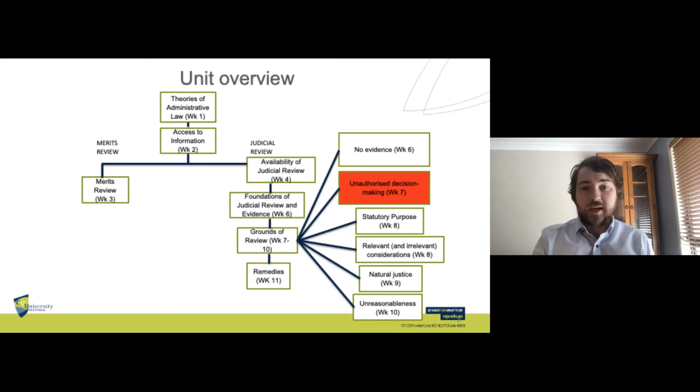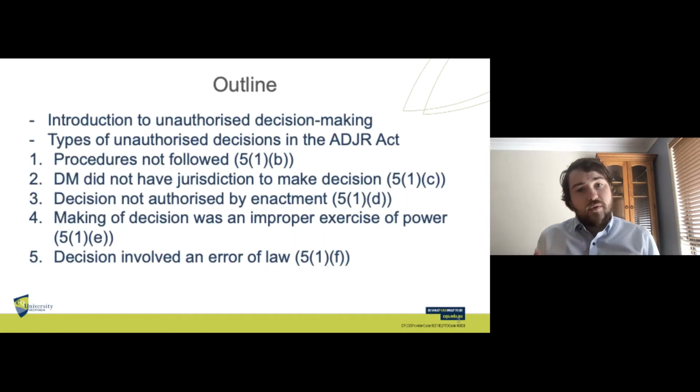This week we'll be taking a look at another ground of review. This week we're focusing on unauthorised decision making. We'll start off this video by talking about an introduction to unauthorised decision making, the sort of general principles behind it, and then we'll focus on the different types of unauthorised decisions that are provided for in the Administrative Decisions